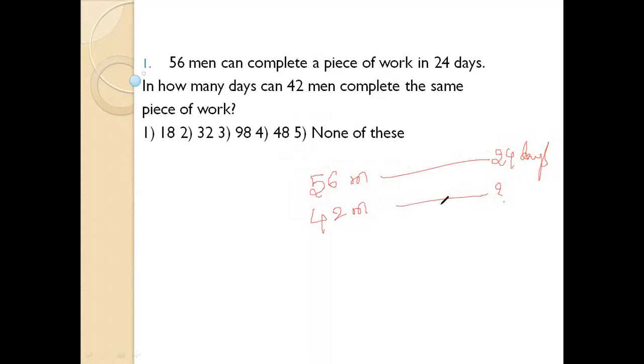That is the question. When the number of persons decreases, it takes more time to complete that work. This value decreases, this value increases, which means indirect proportion. In indirect proportion, the rule is the first product equals the second product. The second product is 42 into question mark. 14 3s are 42, 14 4s are 56. 3 8s are 24, 4 8s are 32. So how many days does it take? 32 days. Option number 2 is the right answer. 566 and Priyanka Dasri gave the correct answer. Very good. This is the first model type of question.